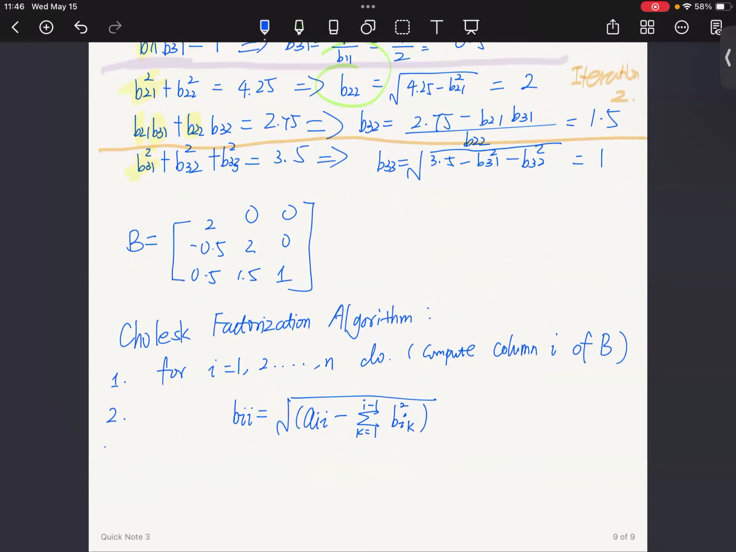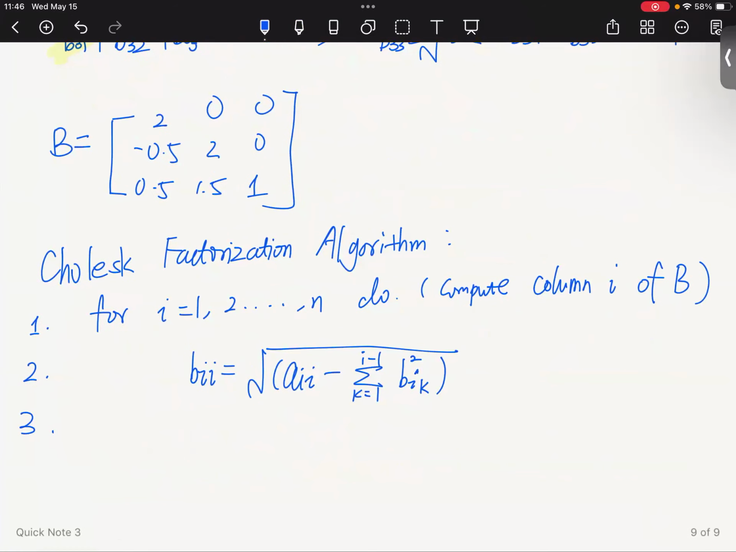And then the third step is another for loop. Once we get the number BII, we will solve for the rest of the elements in this column, and the rest of the elements in this column is from I plus 1 to the n. And then we would do such a calculation here. And then what's the BJI? BJI equals to